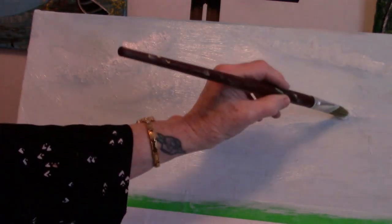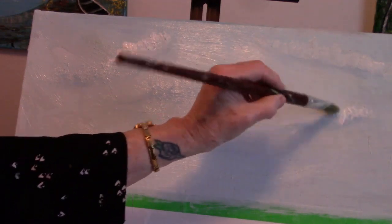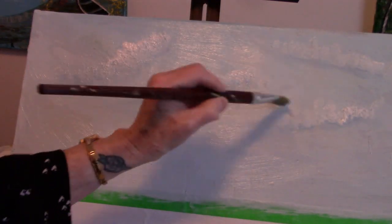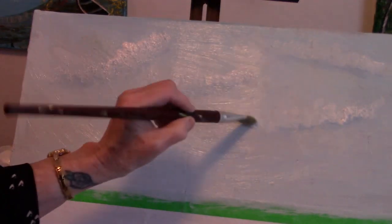Reload, and in the corner of your brush, and then tap, tap, tap. Go right up and down. You know, just make some nice little cloud types. All right. So there. That's okay. A little bit of a cloud in the sky. That's kind of nice. Let's take a small flat brush, synthetic, chisel edge, see, chiseled, and go into your burnt